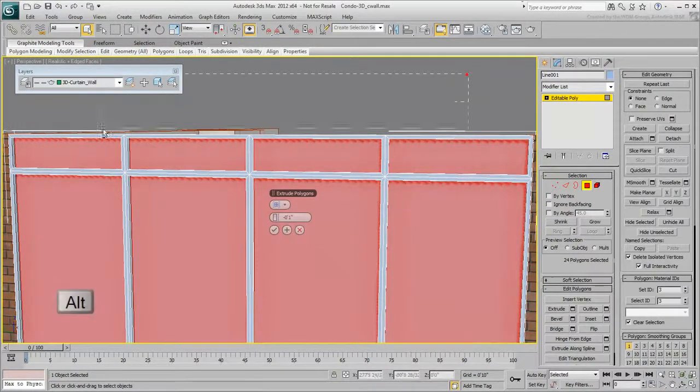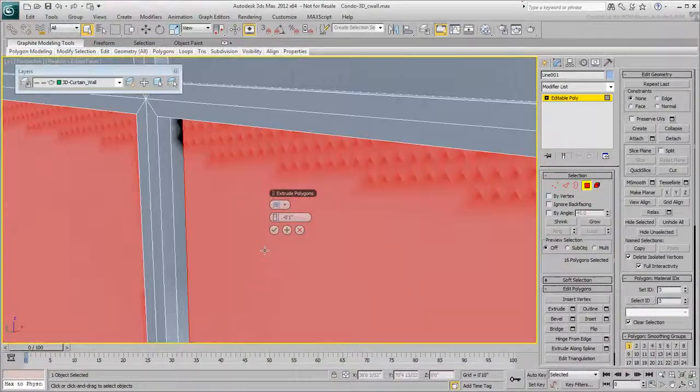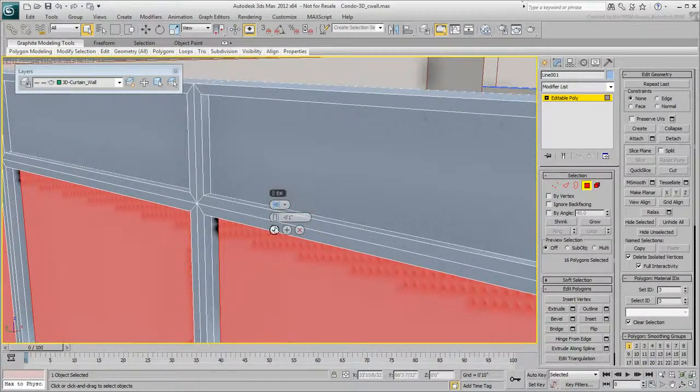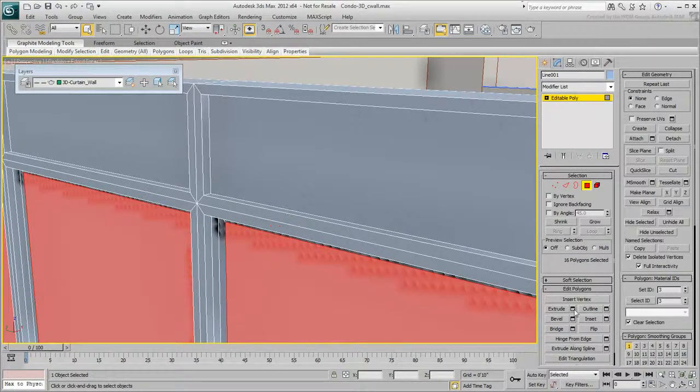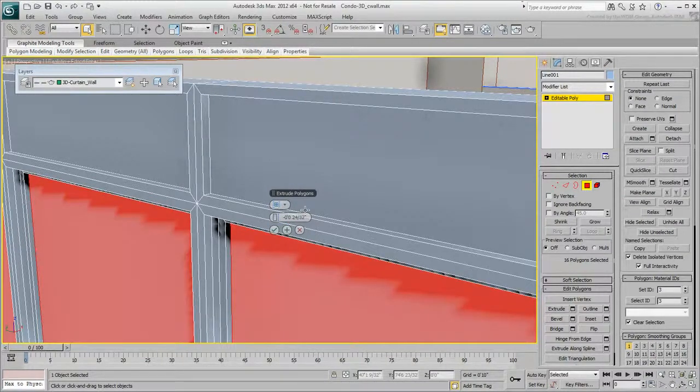Use Alt-Drag to deselect the top faces. These represent blind panels and won't need any further adjustments. Click OK to confirm the extrusion of the glazing part. Add another inset. Add another small negative extrusion of 0.75 inches. That's it. The only thing left to do is choose the proper face IDs to accommodate the material you used